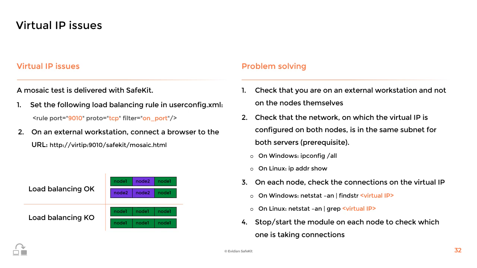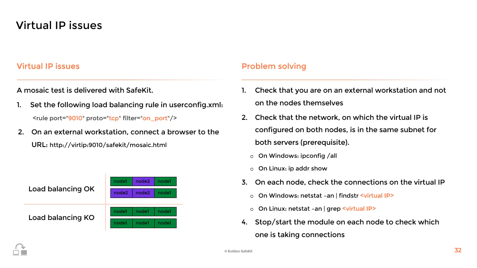If the farm module is running on both nodes, meaning Node 1 is in the up green state displaying 50% and Node 2 is also in the up green state displaying 50%, you will see a colored mosaic. Each square in the mosaic represents a TCP connection response from either Node 1 or Node 2. However, if the load balancing is not working, you will only see responses from one node.